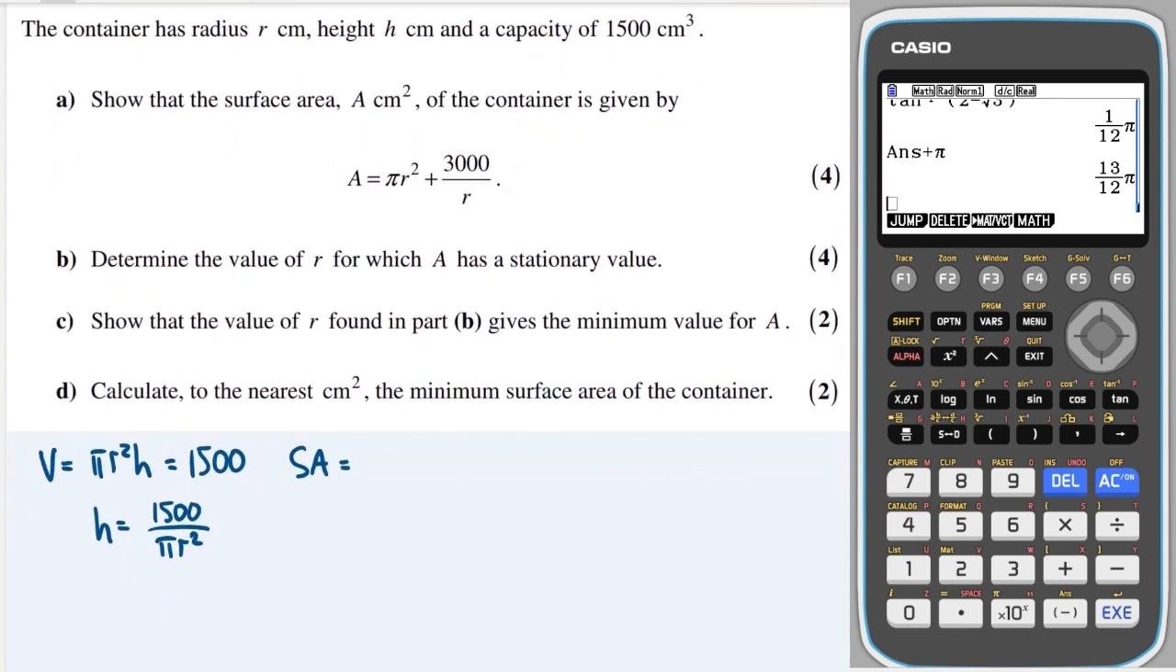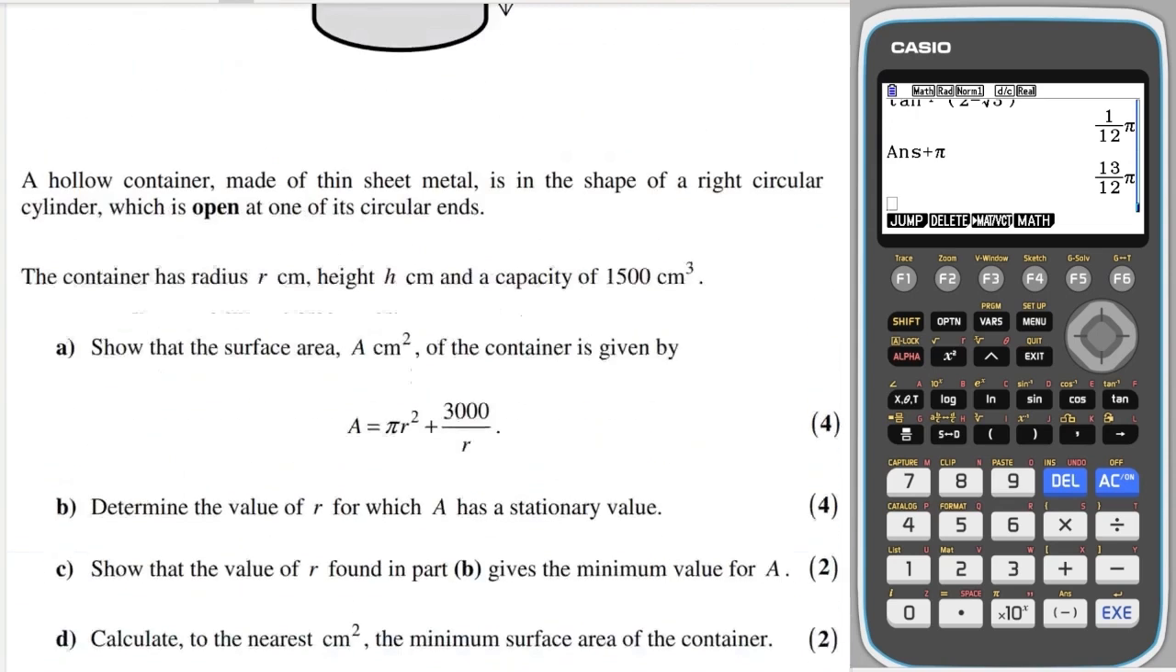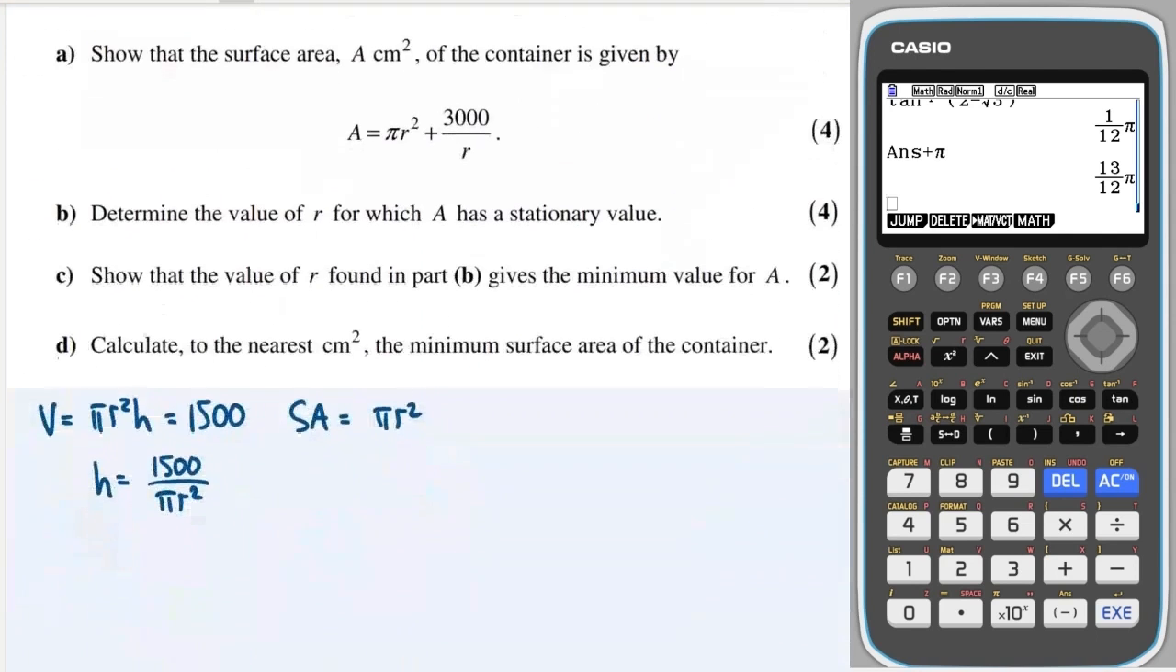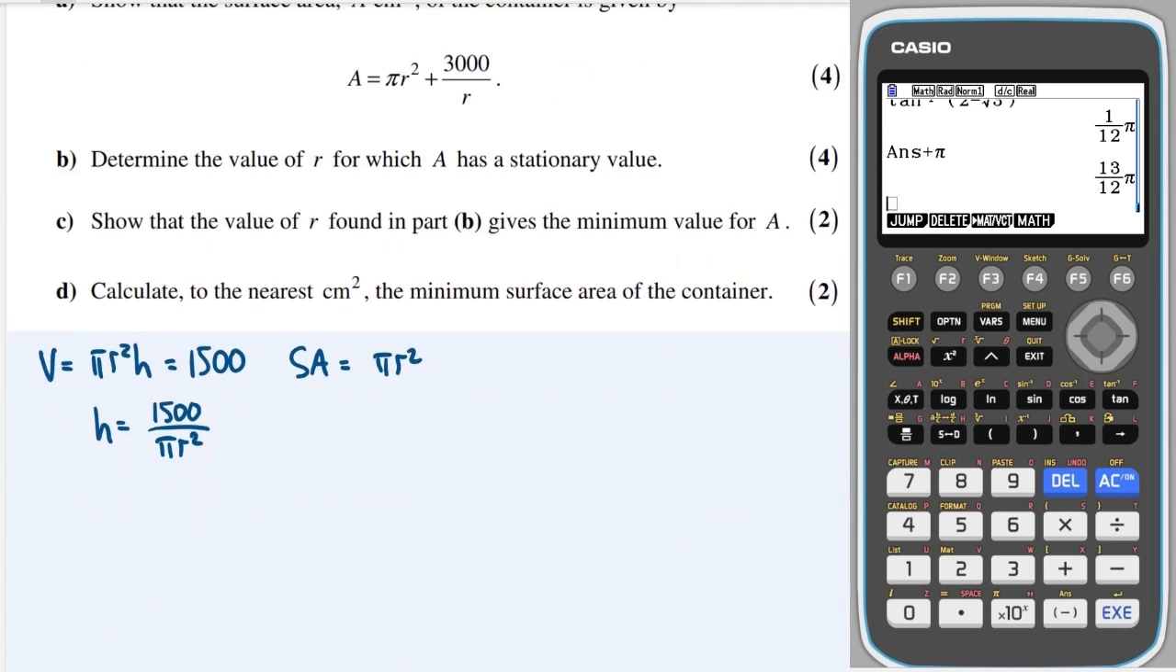Okay, so it's open, which means it's only got one circle. So πr², because there's no metal needed to do the lid. It's just the base that's needed, and the curved surface area. And the curved surface area is the